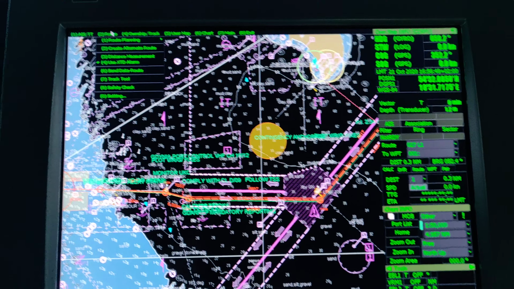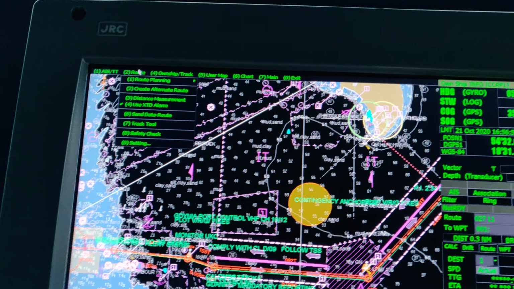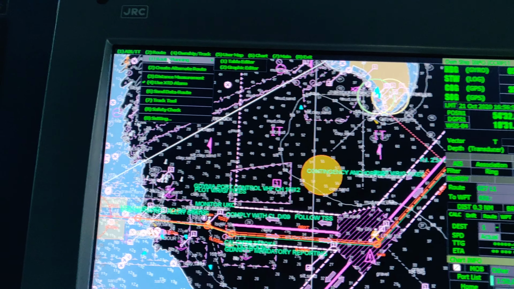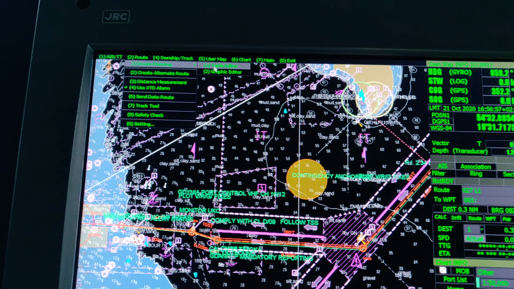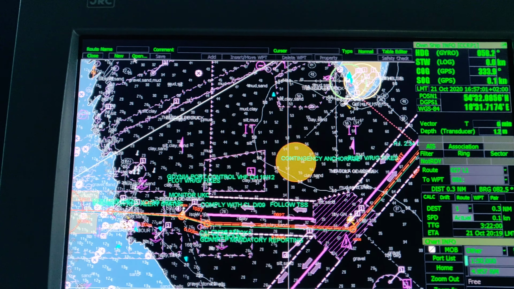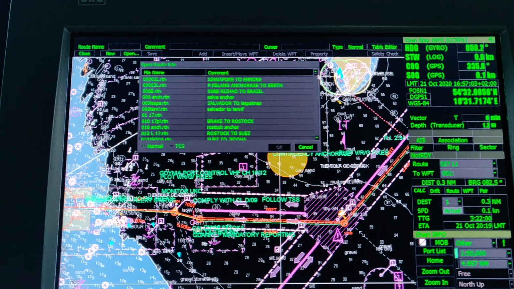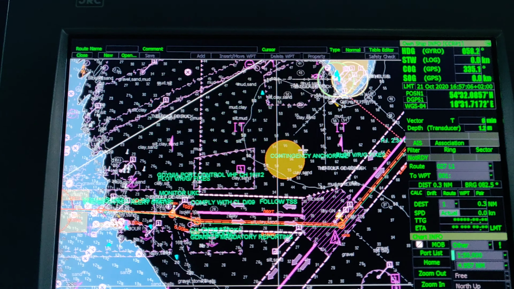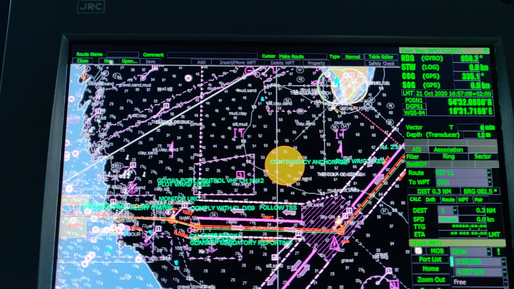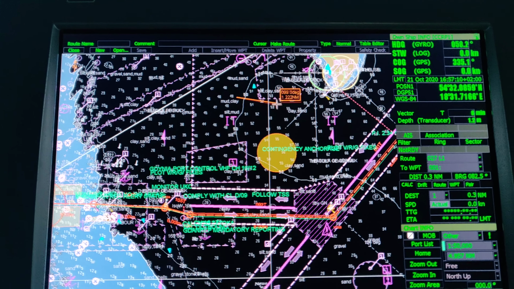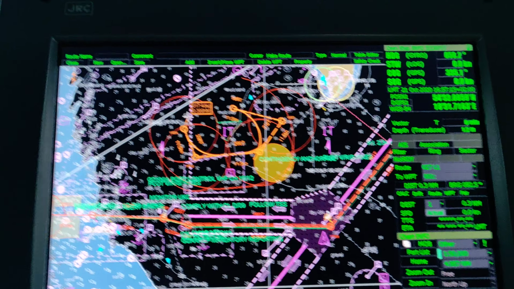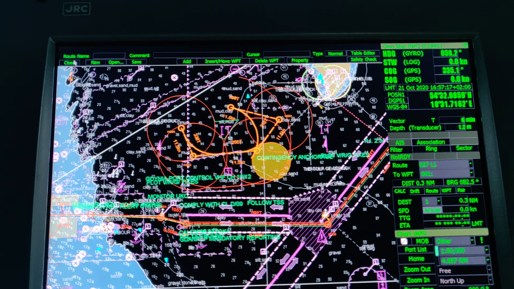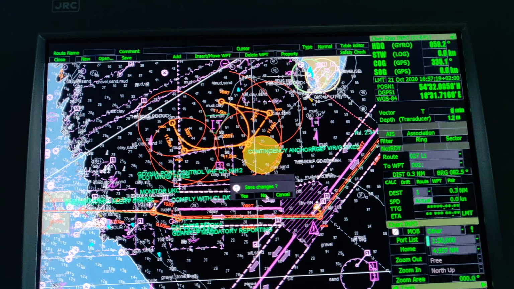Second, we go to the route section. Here it is a very important section for route planning. If you want to plan a route, go to route planning, table editor or graphic editor. Choose any of those, select, and then you can either open and select an old route and edit it, or you can press new and a new route will be established. So basically this is a very important function.